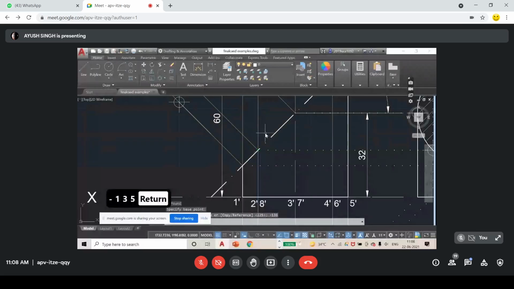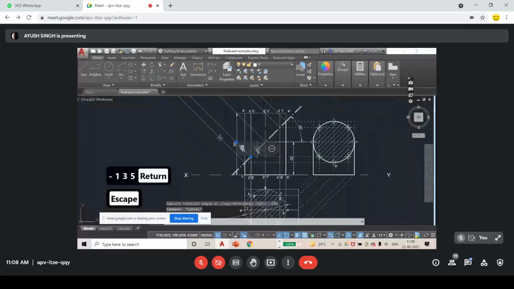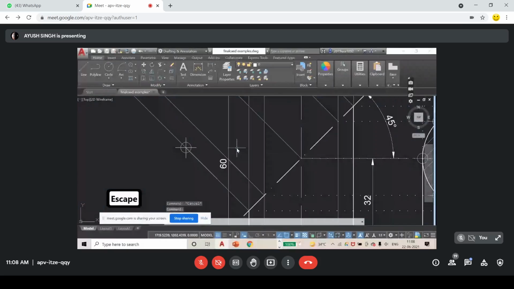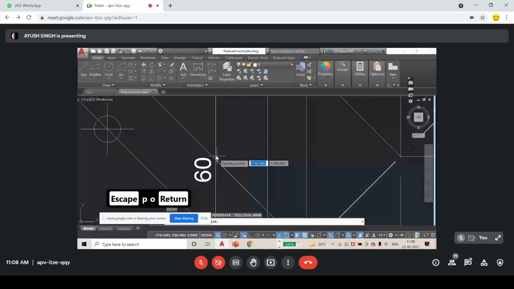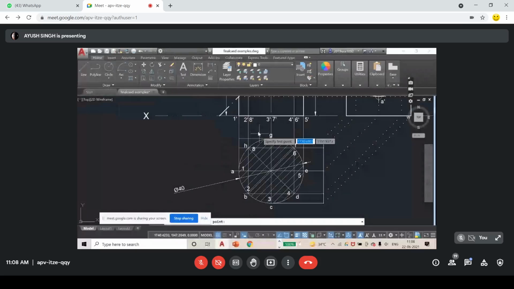There is my line, and it is intersecting too much here. I take a point here. I take now 8-B. Zoom in, zoom in, zoom in. Am I correct here?